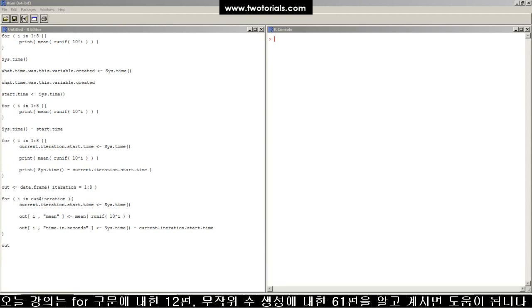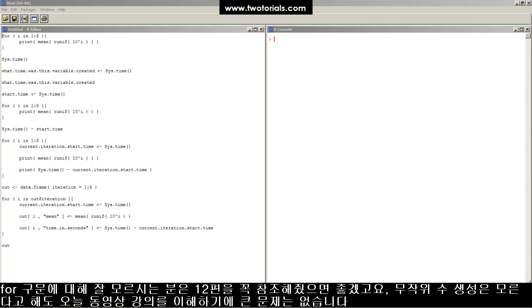These examples will use the knowledge from the how to build a for loop in R and how to generate a random number in R tutorials. If you don't have a basic understanding of a for loop, you might want to check that out. If you don't know how to generate a random variable, that's not as critical to understanding how to set a